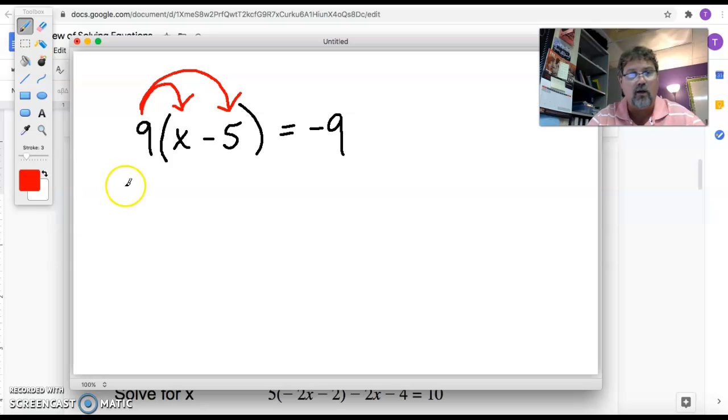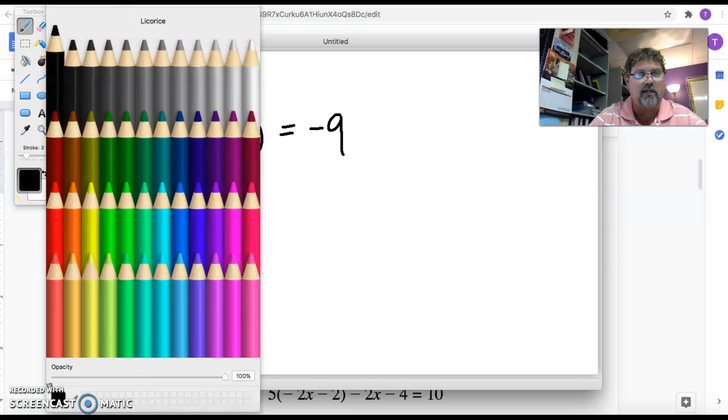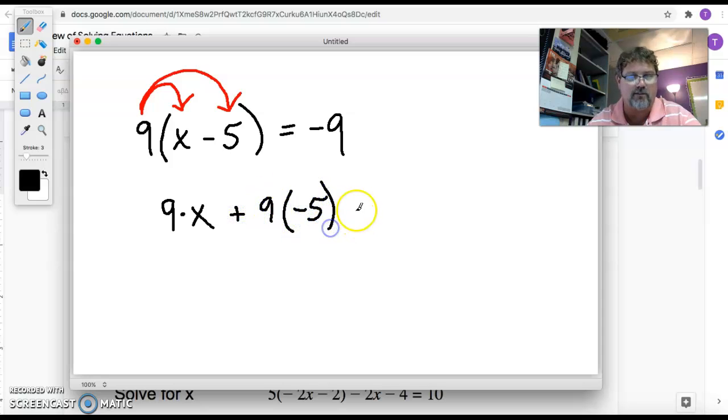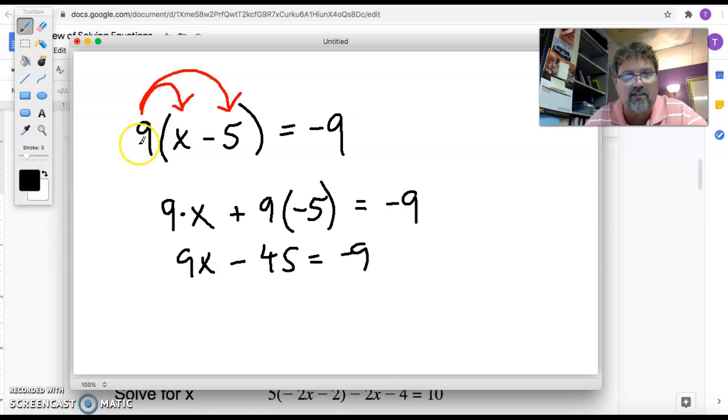So what that means, I'm going to switch to black here, we're going to have 9, and we'll show my work, times x plus 9 times negative 5, if you want to call it plus. Right? You can. All right, then we'll simplify to get 9x minus 45 equals negative 9. It's fine to just say that's 9x minus 45 equals negative 9. And this plus part here I did just so I could use parentheses and show how the multiplication procedure